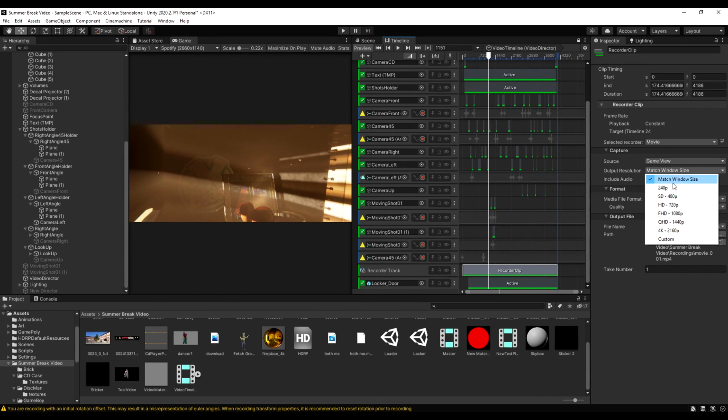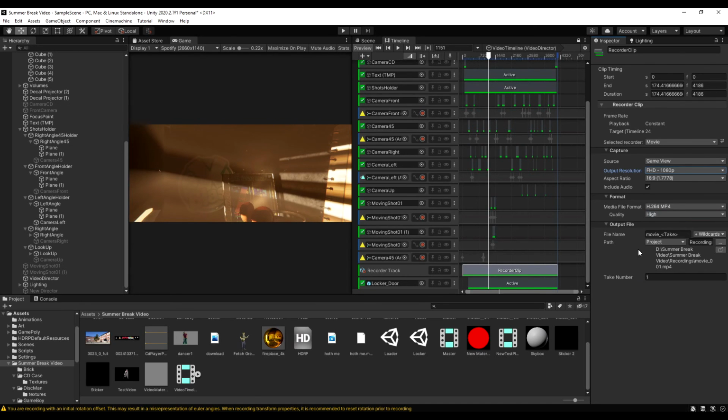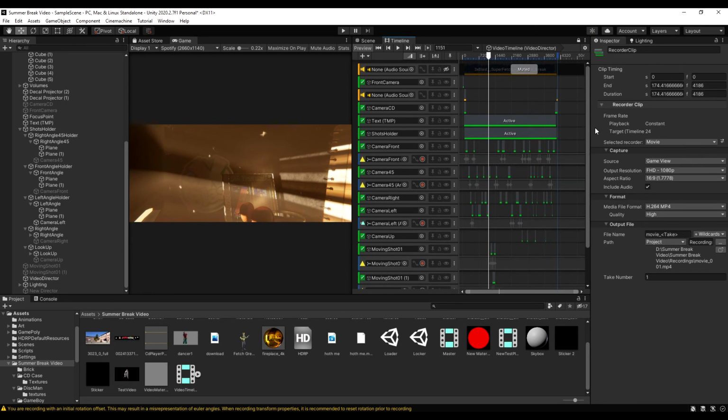Output resolution, I chose just full HD 1080p, but if you want to render higher, then sure, that's your choice. But because our videos weren't bigger than 1080p anyway, it'll just mean we saw more of the pixels in there, and that's not something that really makes the video any better. Include audio is useful to have on, but